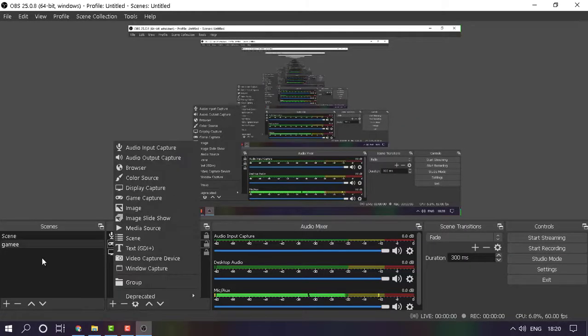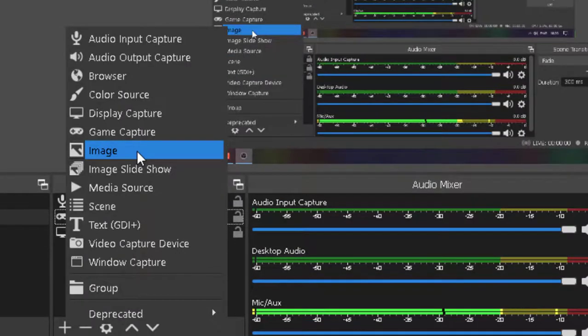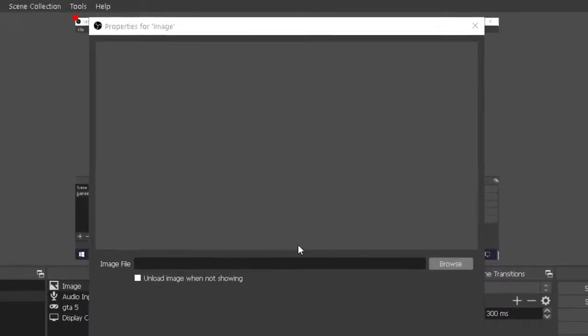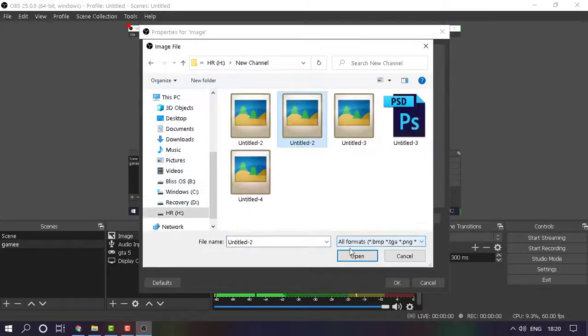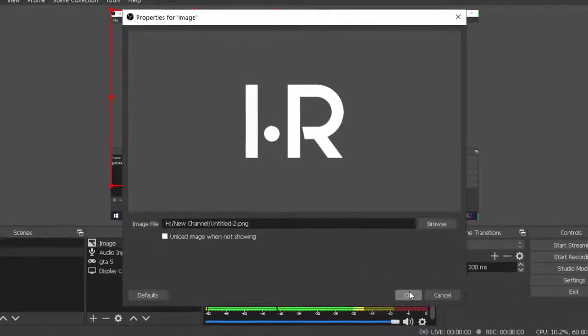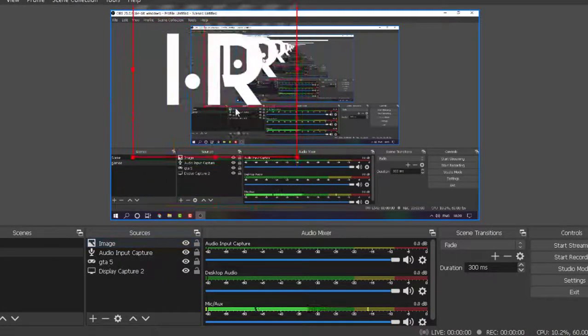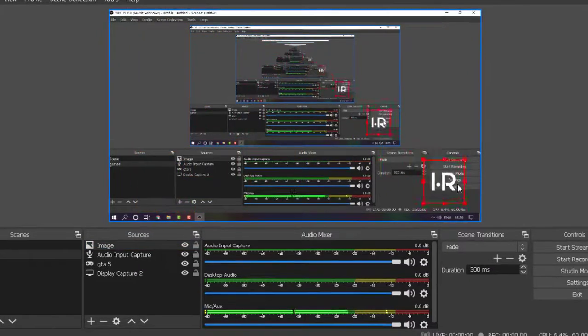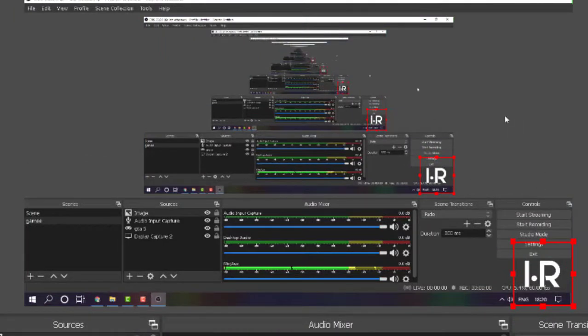Next up we have a feature in which you can add an image. Click on image and click on create new, and you'll have this window where you can select the image that has to be displayed. Once you click OK, you'll have the image that is selected. You can simply scale the image and position it according to your comfort, and once you're done with that, you'll have it in a static position.